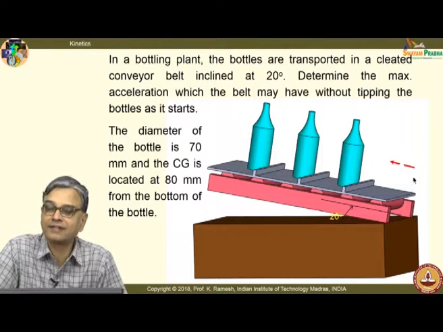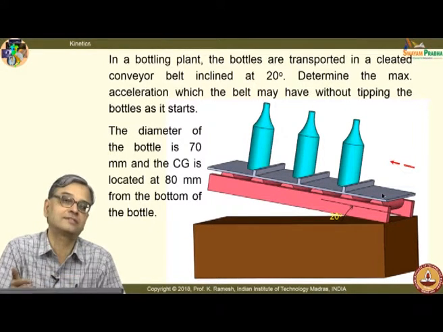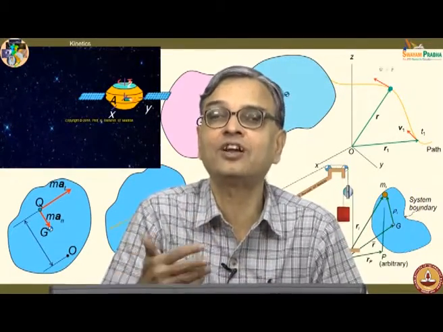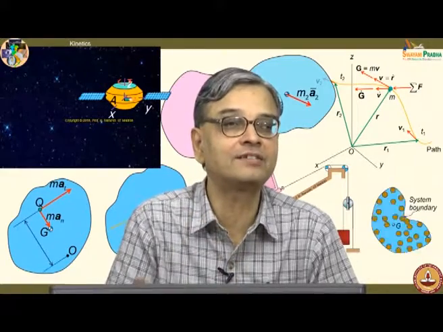And if I increase the acceleration, you will see in the animation that this acceleration vector becomes thicker and bigger. That means that acceleration is more. From the production point of view, they want to accelerate everything, they want to move it as fast as possible. If you increase the acceleration, you have a danger. You cannot increase beyond a certain limit. That is the essence of this problem. You can't have any acceleration of your choice just to increase your productivity. You cannot simply increase the speed. Functionality will be lost. So, you should know what the maximum acceleration is.